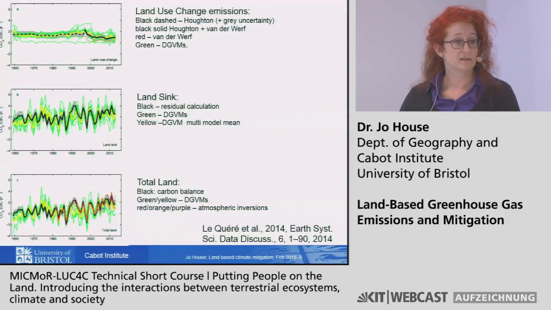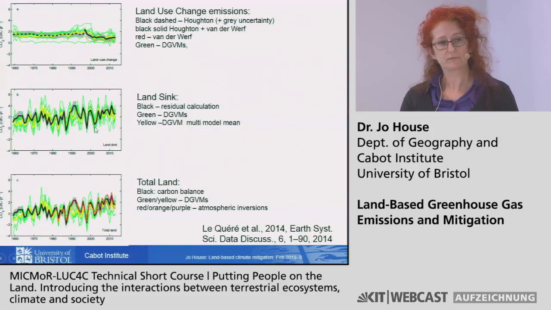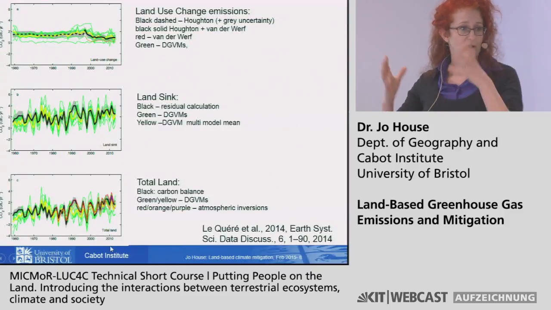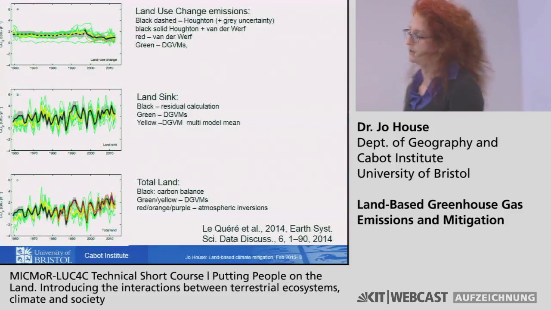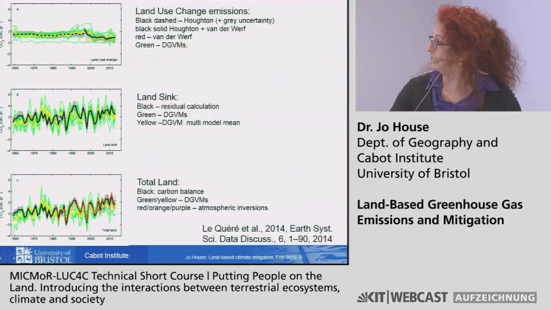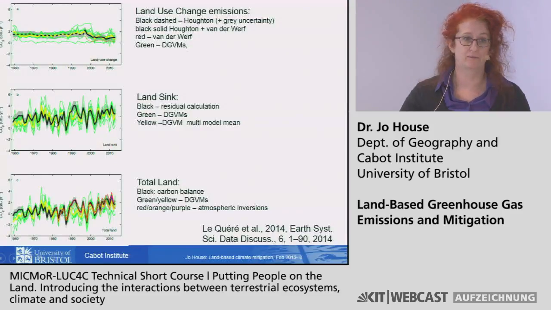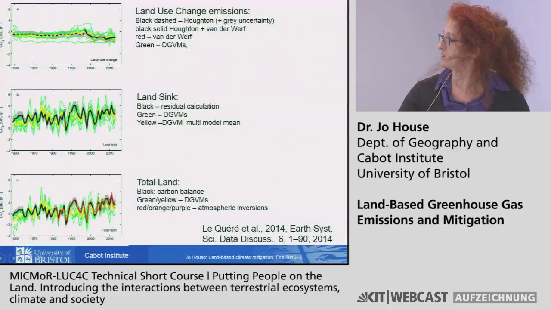But actually, the DGVMs are also able to calculate the land sink directly without doing this odd residual calculation. The green lines here are what the DGVMs get for calculating the land sink. Remember, this is the growth in natural lands, not land use change. And we were quite impressed, year on year, still slightly amazed, that the residual we get from our budget calculation is quite similar to the residual that the models are getting directly.